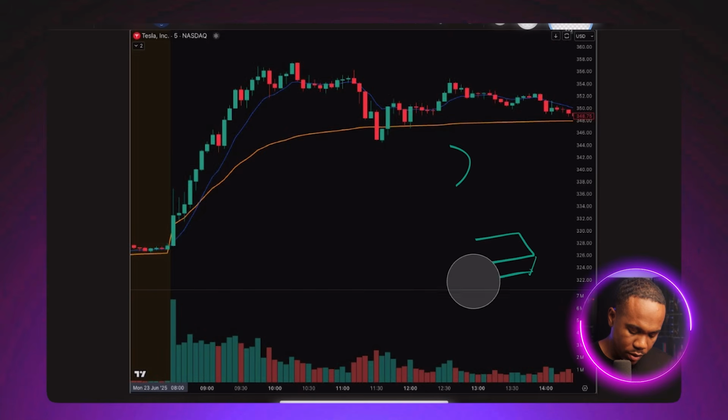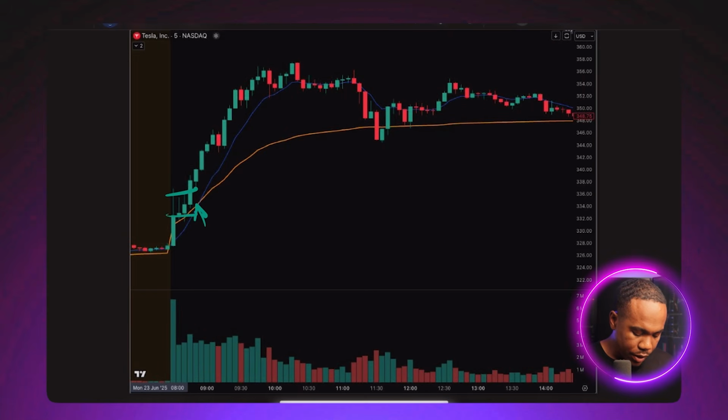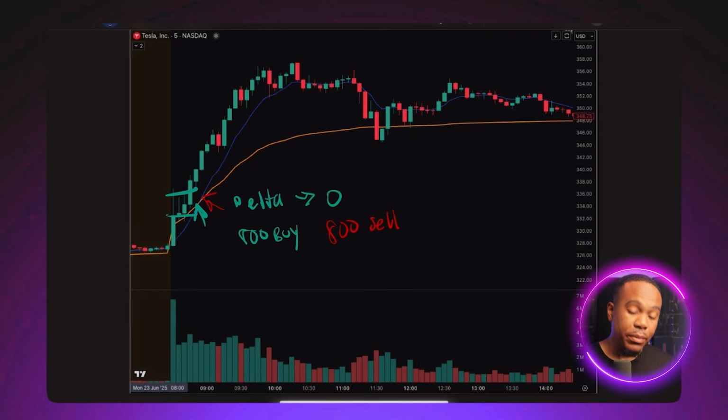Or on the flip side, that's divergence. And this, you could have convergence as well. We're here and there's a tug of war going, right? Maybe delta is around 0, meaning that there's an equal amount. There's 800 aggressive buy orders and 800 aggressive sell orders. So there's delta here. Doesn't mean you need to get out, but it means that there are buyers and sellers having a tug of war. And you can't see this from here, the volume chart.